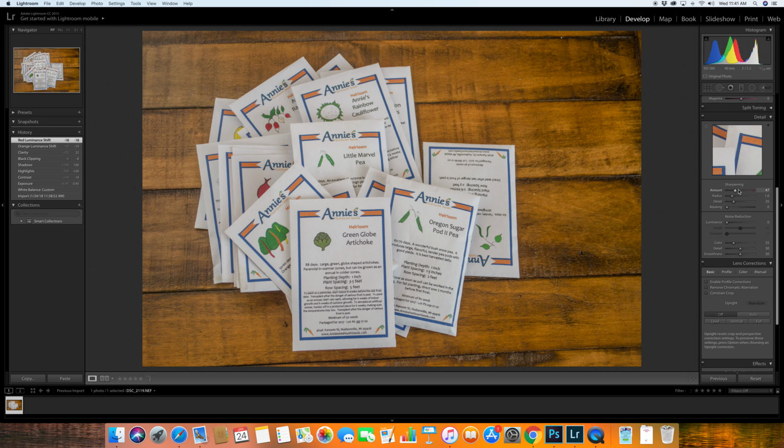I pull the sharpening about halfway because a raw file doesn't have any sharpening at all, unlike a JPEG, which already has sharpening. So you can sharpen some and it's fine. And then pull the radius and the detail up. You can even pull it all the way up if you want. And then